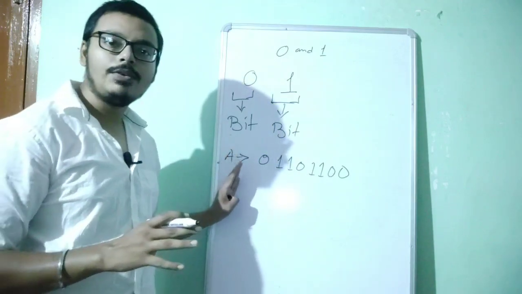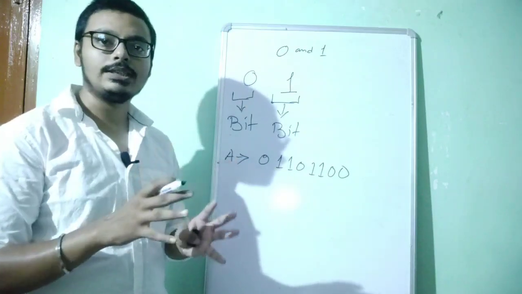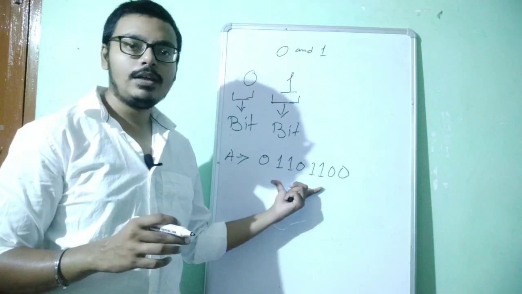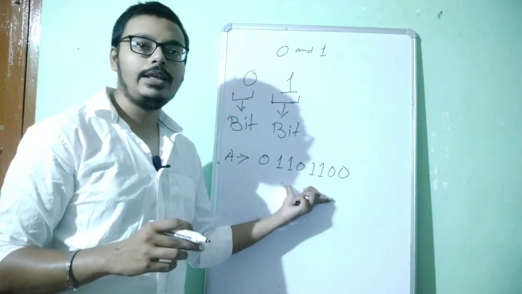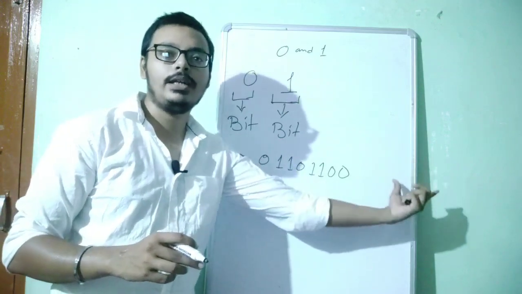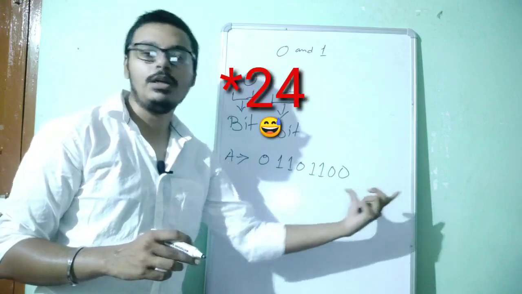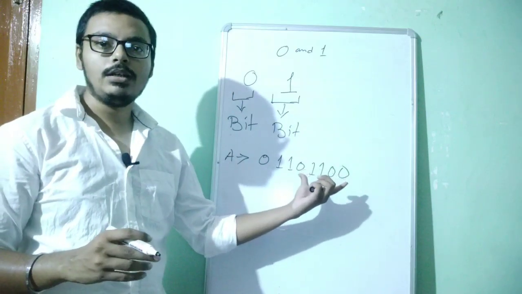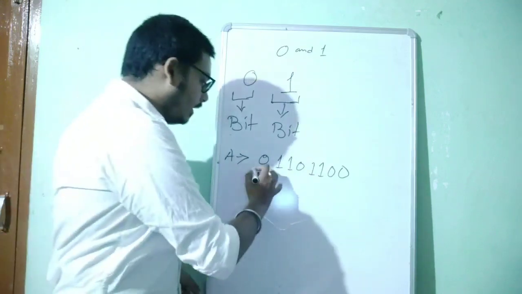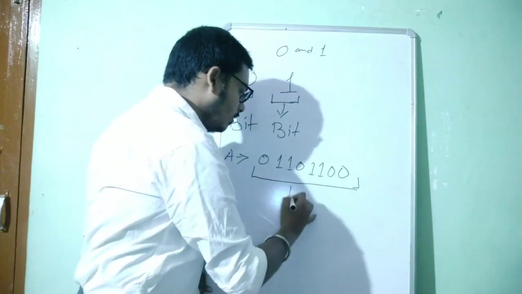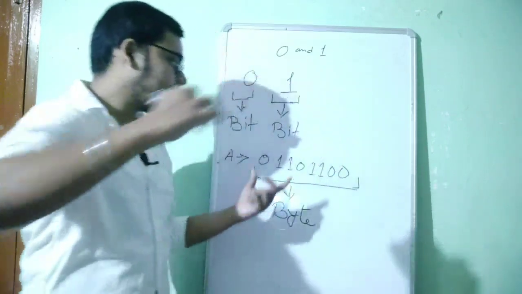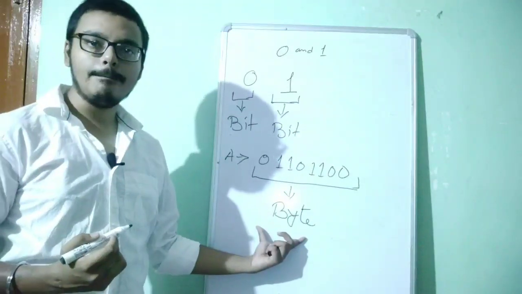So if I have to represent any data or instruction, I have to have a minimum of 8 bits. There can be multiples of 8 bits, meaning 8, and another 8 bits I can combine, that total will become 16, another 8 bits I can combine, that will become 32. In that process I can combine, but a minimum of 8 bits must be there. All right, so these 8 bits together are called 1 byte.